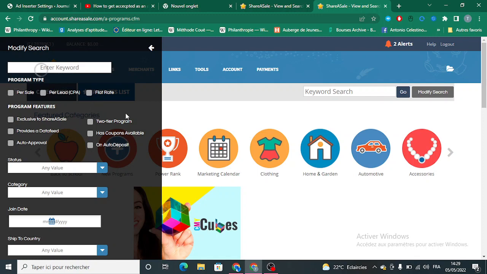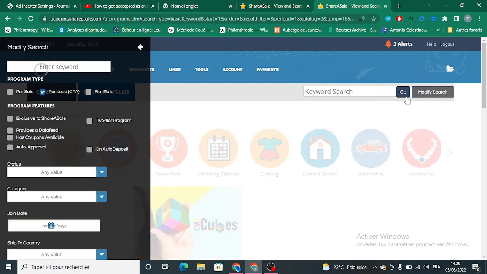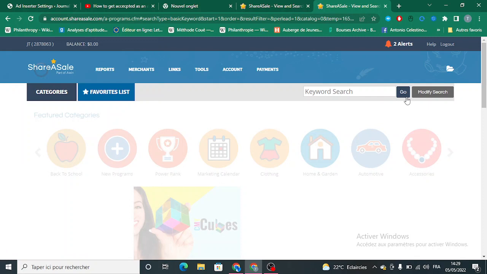You can sign up for their program and fill in all the requirements for the program, and you can be graded and accepted. So here we're going to search per lead CPA. CPA is really known as cost per action.